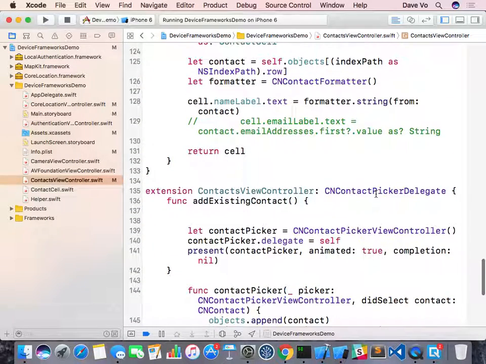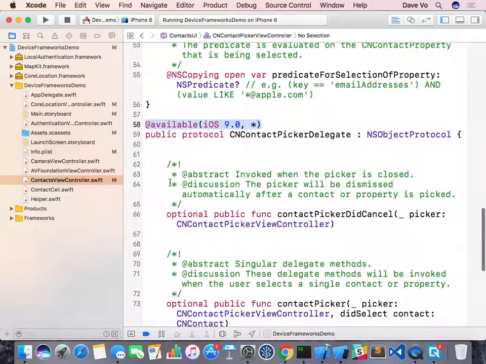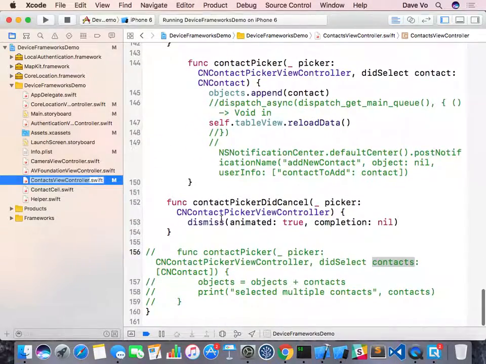Let me go to just one more time. Okay, so earlier I talked to you about this one. Available iOS 9. Right, meaning this one is only available in iOS 9. If you build this one and then your friend runs your app on iOS 8, it will crash. Right. So if you have something like this, you copy this available iOS 9 thing and then you